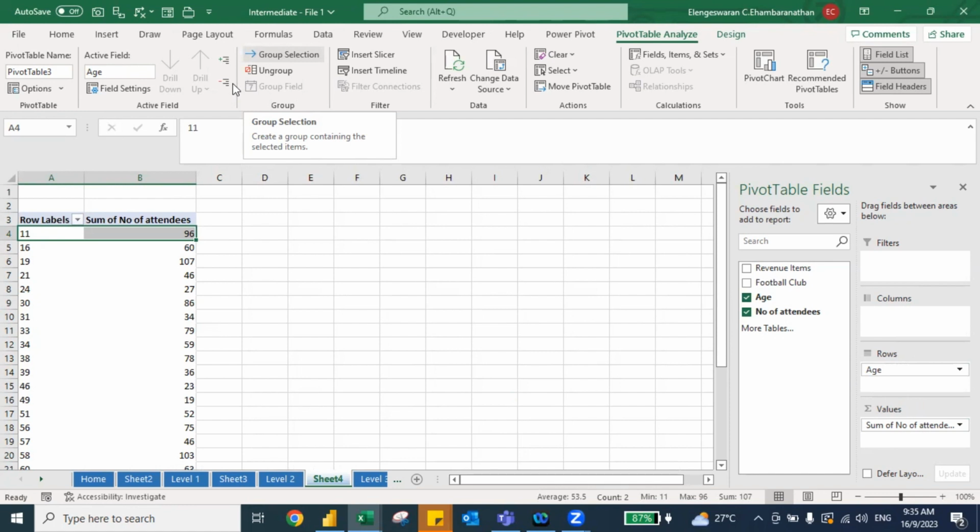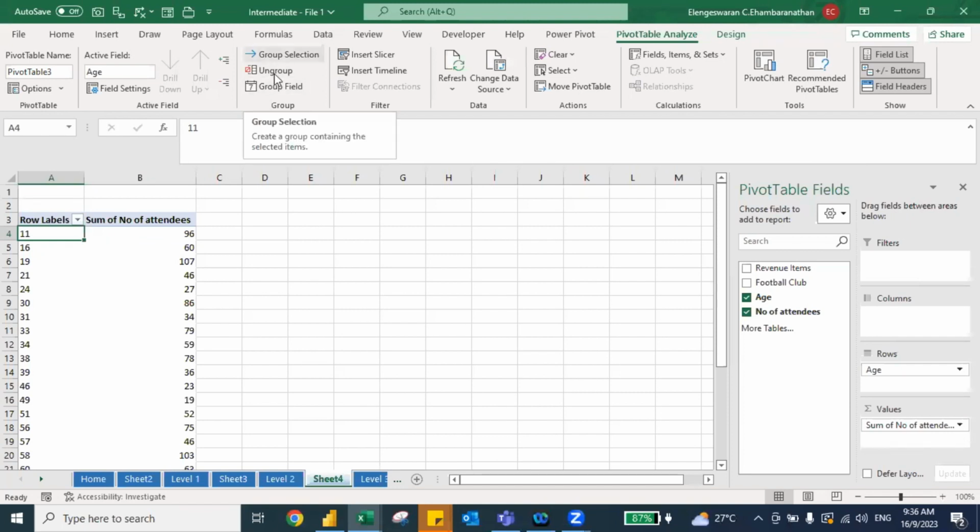Okay, dia macam ni guys. So if just say you put your cursor kat sini, of course you cannot see group, you cannot access group selection. Kawan-kawan kena put your data over here. Okay, if you put your data over here, you can see group selection. If you put over here, you cannot access group selection. Okay, because this is the rows, so you must put your data at the rows and you go to group